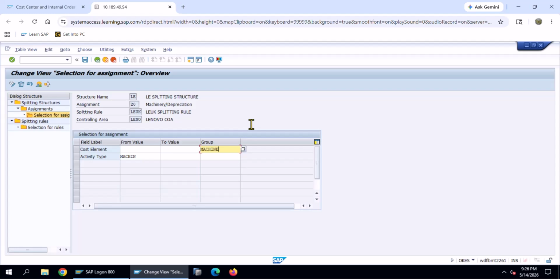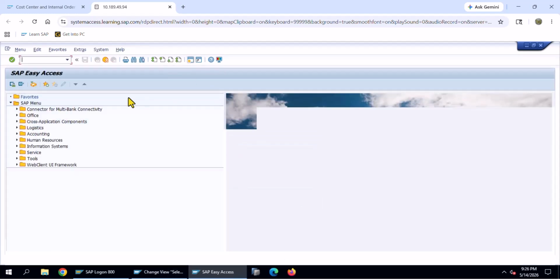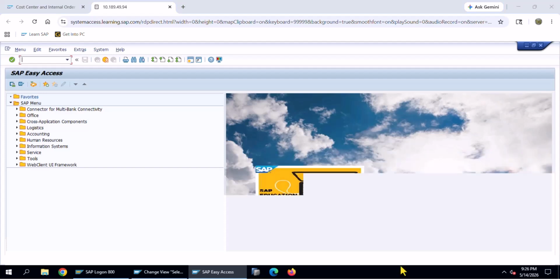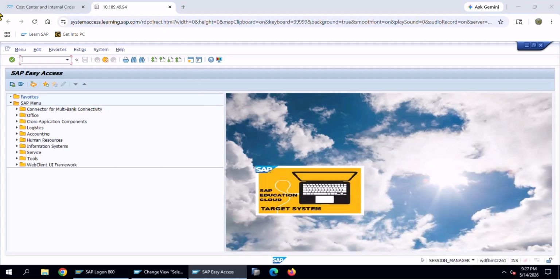So all those primary cost elements also we have to assign here. To see the GL accounts, the primary cost GL accounts that has been assigned to this particular group,